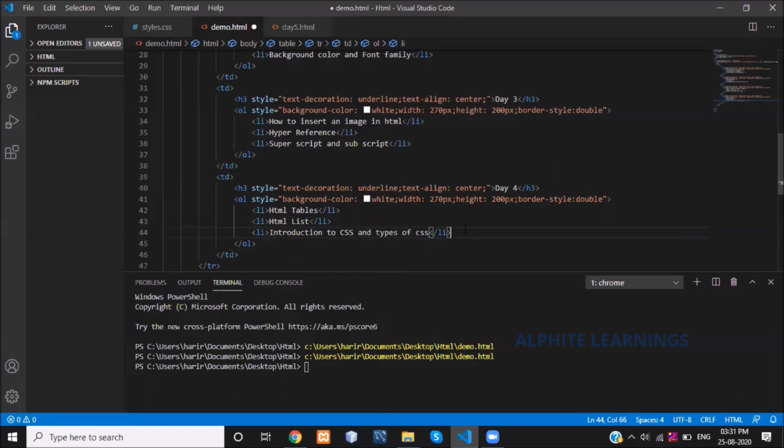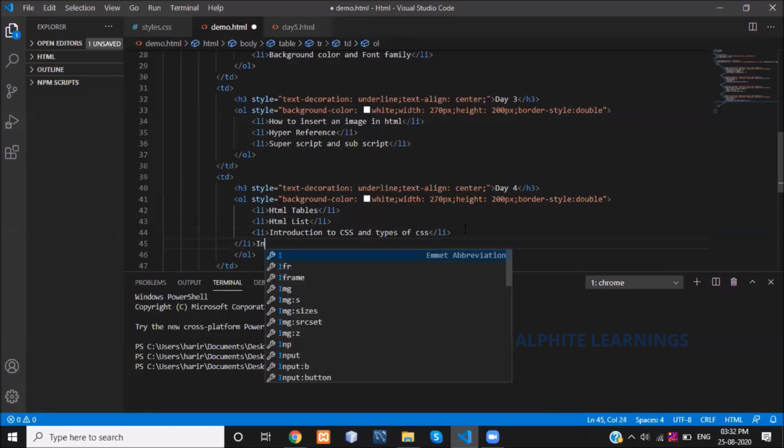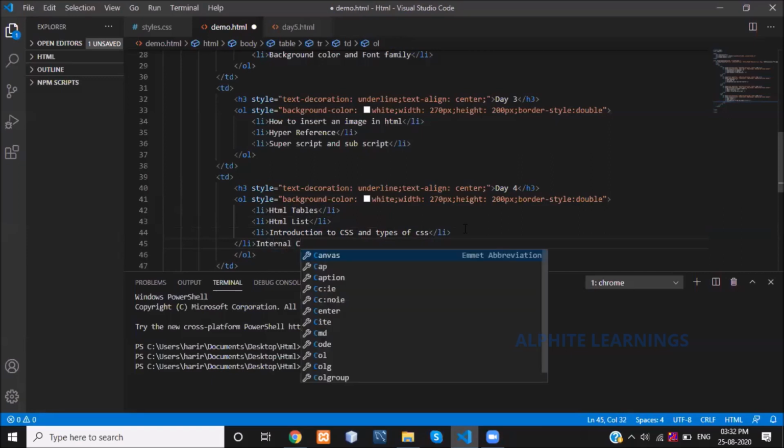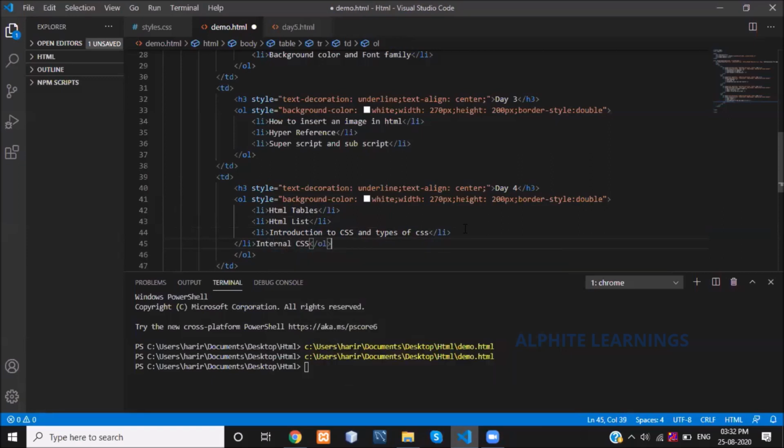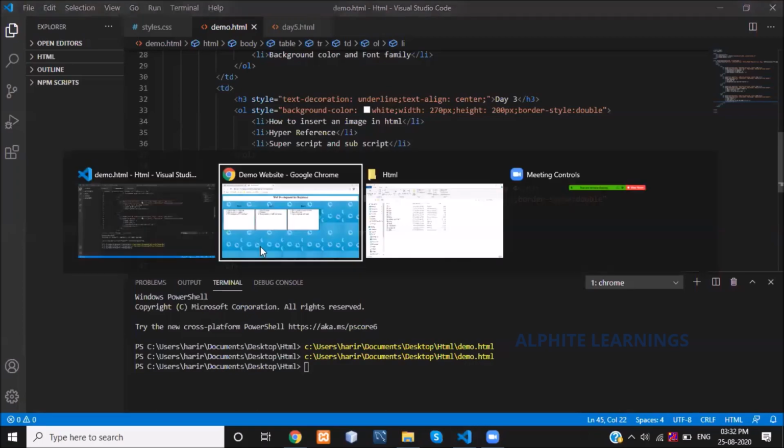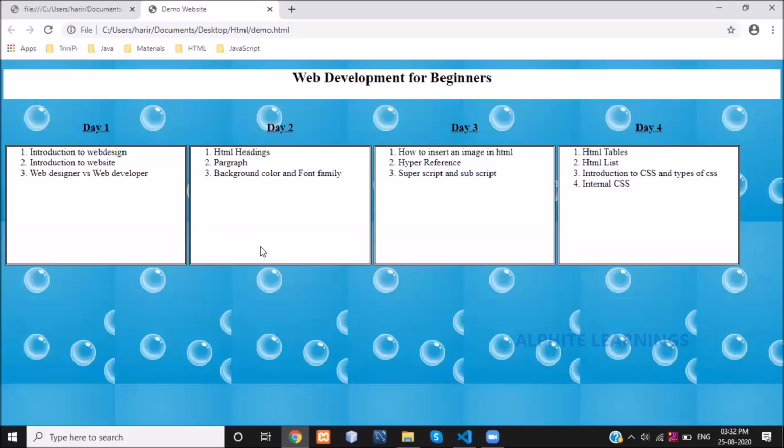In that, we have specifically discussed internal CSS, right? Internal CSS. So let's see. I have just mentioned all the things we have discussed so far, by day.